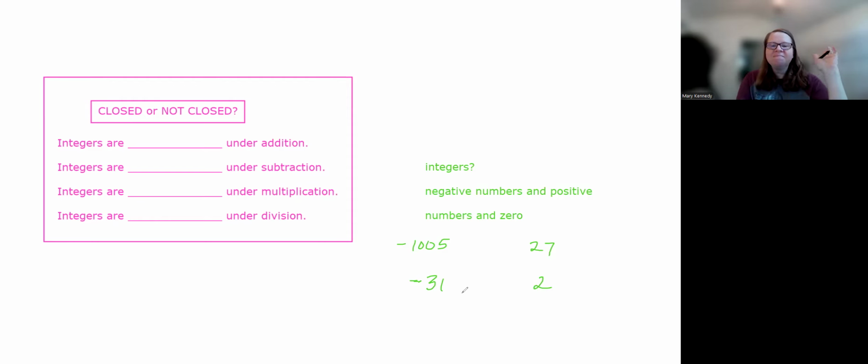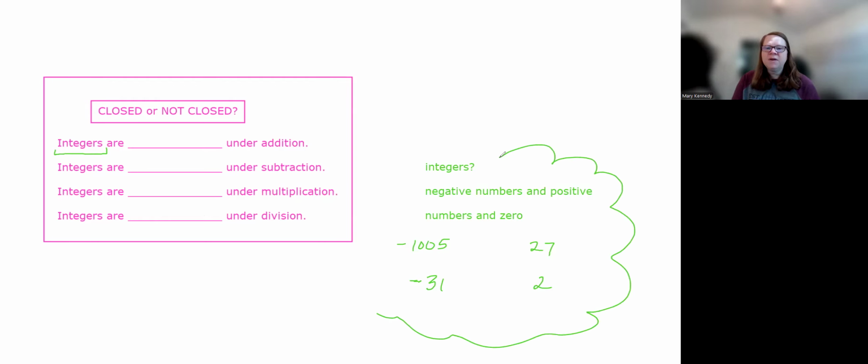So, those are integers. Think about when you have a question like this: are integers closed or not closed under addition, or whatever the operation is that you're doing. All this means is you take whatever's listed first. In this case, these are all about integers. Think of this as the entire pool of numbers that we can choose from for our answers as we go through this. So for addition,